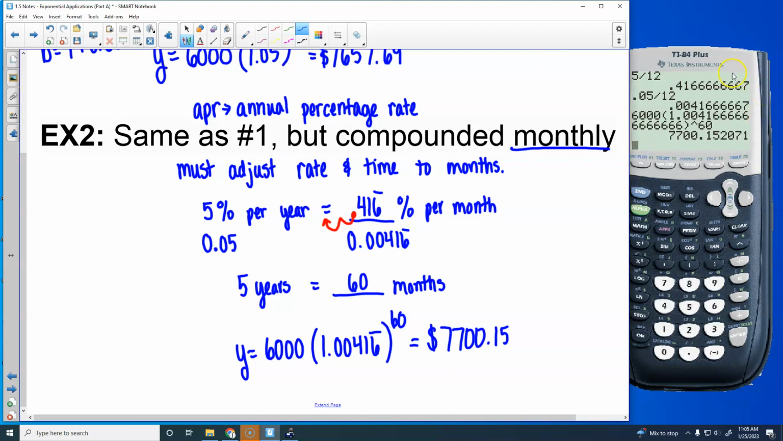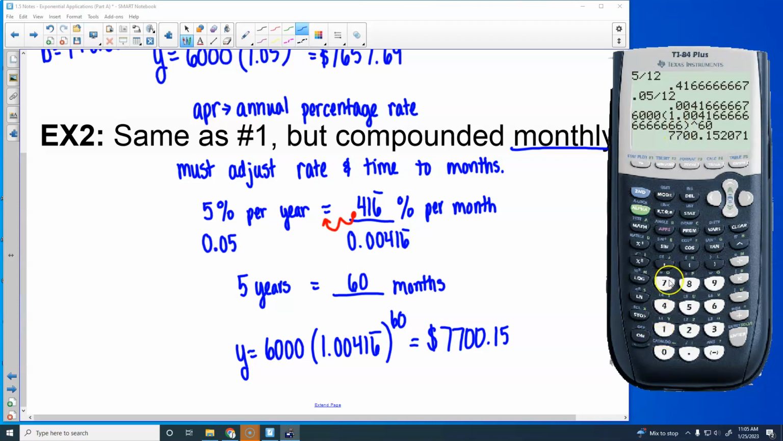So for example, what I see students do wrong a lot of times is they do this: 6,000 times 1.05 to the 60th power. They don't adjust their rate. They did remember to adjust their months. If you do that, you're getting $112,000